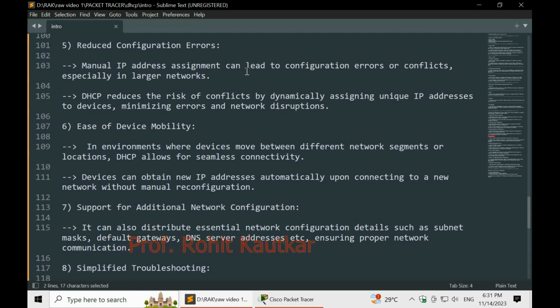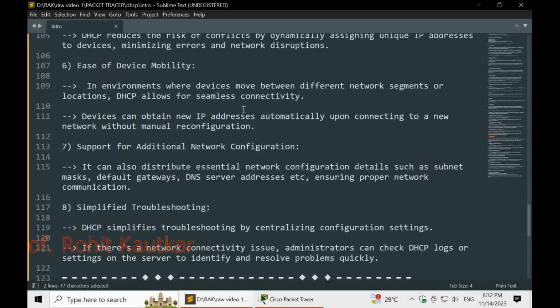In that case, the DHCP server reduces all these chances of errors, and it provides IP addresses dynamically along with other network configurations.